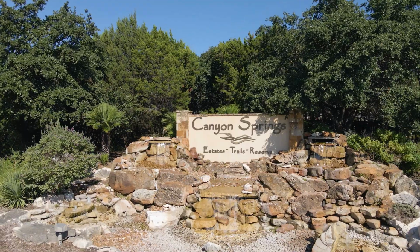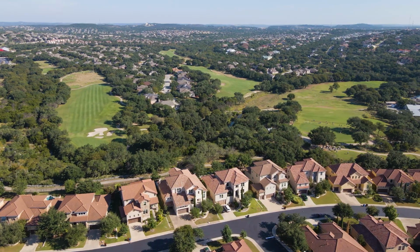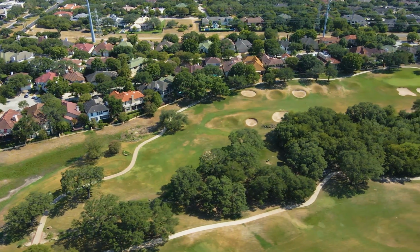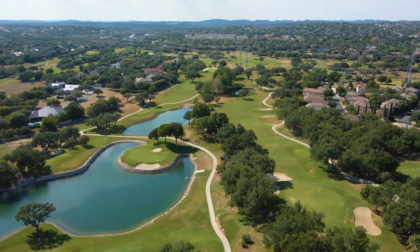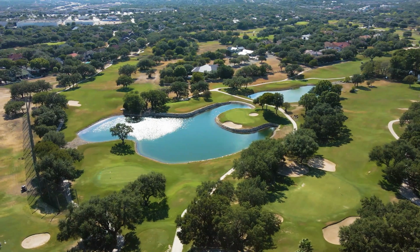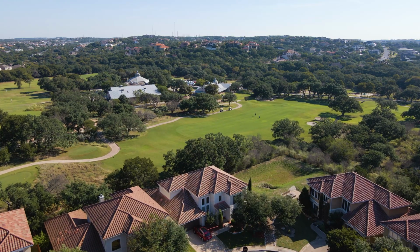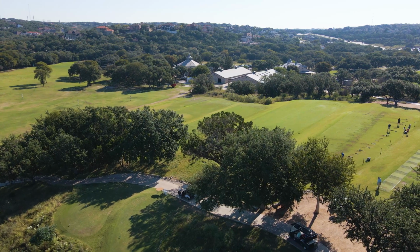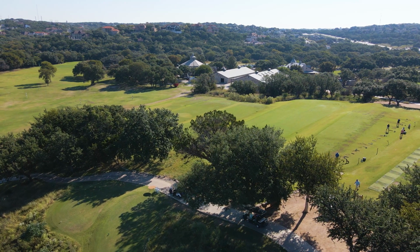The beautiful outdoor scenery is a large part of what people really enjoy about living in this side of town. Many of the neighborhoods here are known for their large green spaces and their lush green belts with dog parks, walking trails, and large mature oak trees. There's multiple golf course communities with beautiful golf course views and all kinds of family activities with golf, tennis, junior